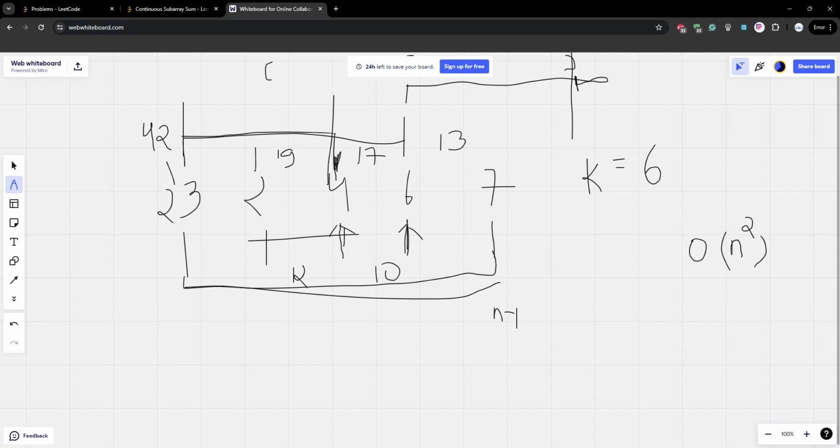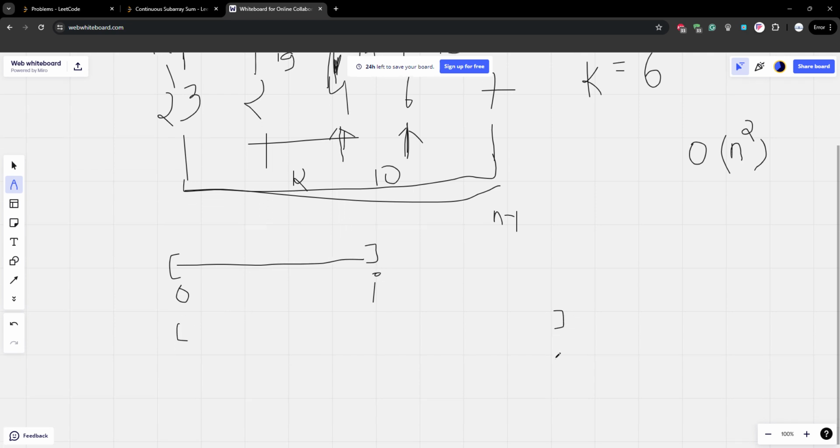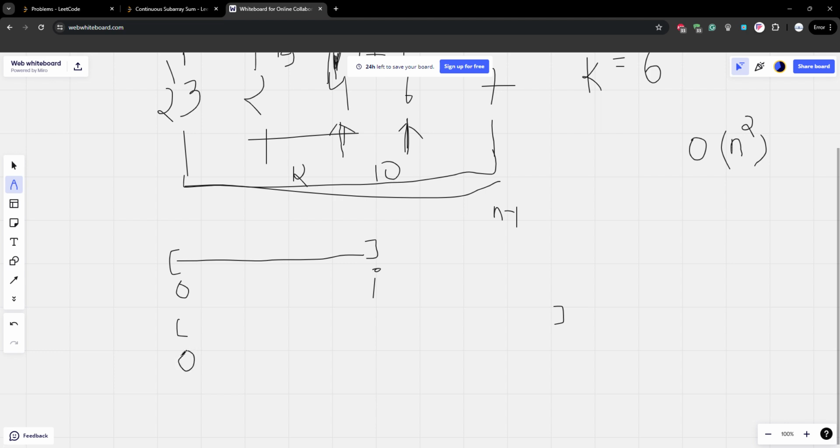Therefore, we need to find an optimized approach. To do that, a little bit of math is required. Let us say we know the sum of the subarray from index 0 to i, and we also know the sum of the array from index 0 to j, where j is greater than i.